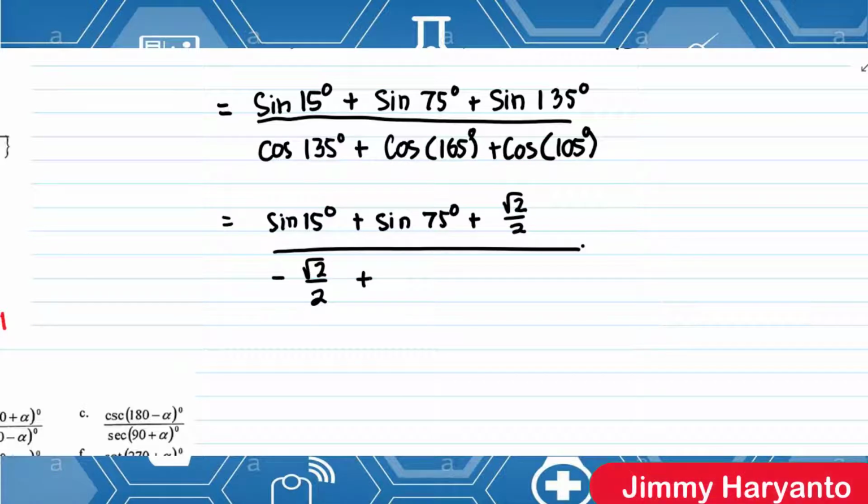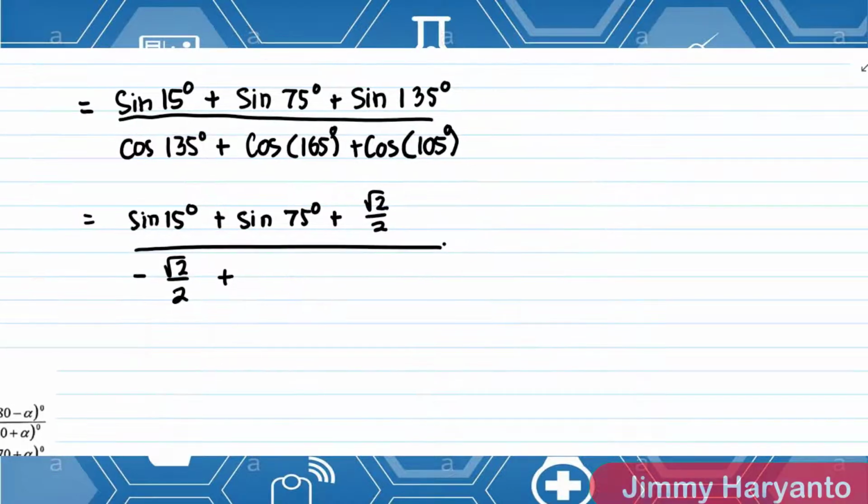For this one, cos 165 degree, we can simplify the form. So cos 165 degree equals to, I think for this one we have to use 90 degree as our benchmark. The purpose is to make them the same on top, so it becomes sine. So the cos should be changed into sine, so we have to use the 90 degree benchmark.